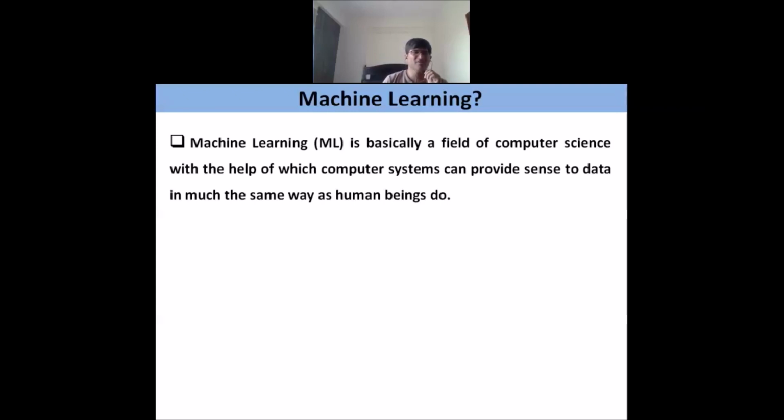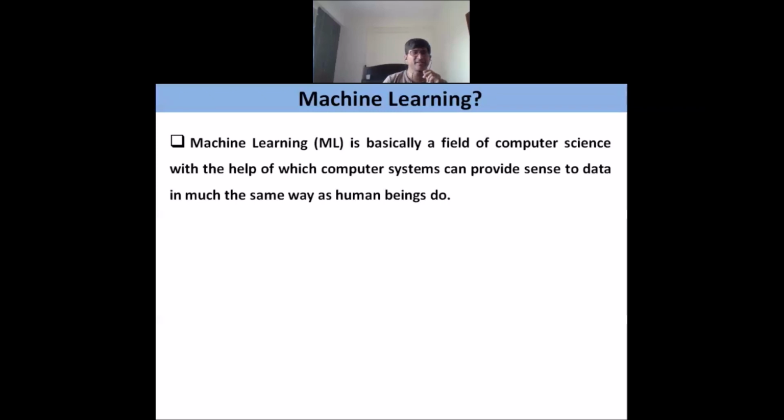That is what the objective of machine learning is all about. We want to build that kind of ability that human beings have in solving problems into machines. So, machine learning basically aims at